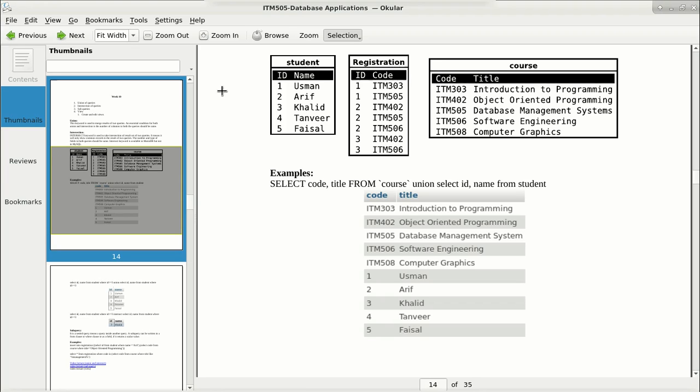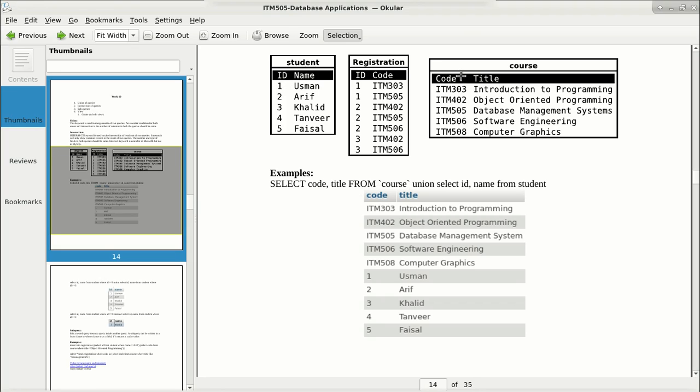Okay, so we have three tables here: student, registration, and course. Okay, so it means the number of columns should be the same. Fine. So the first query is only this one: select code comma title from course,